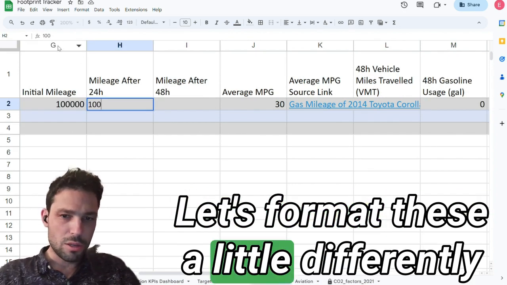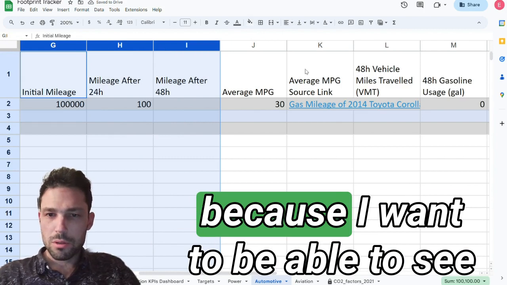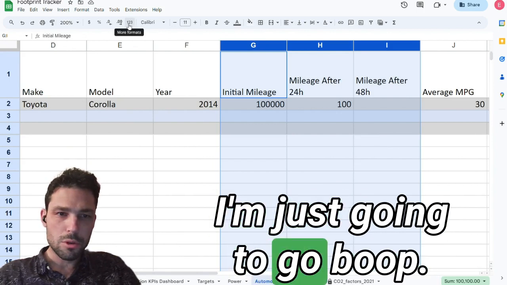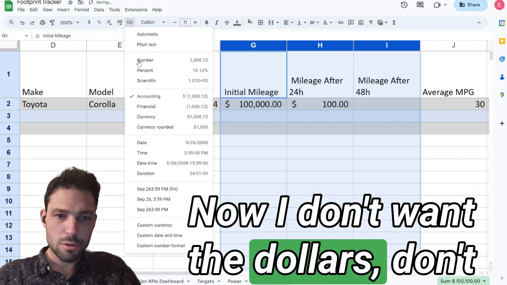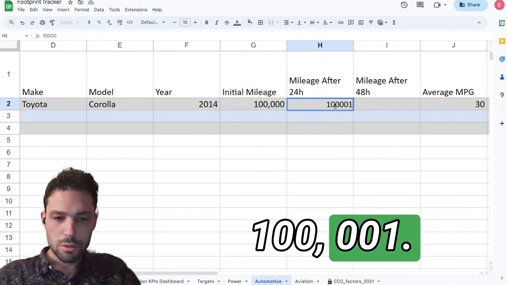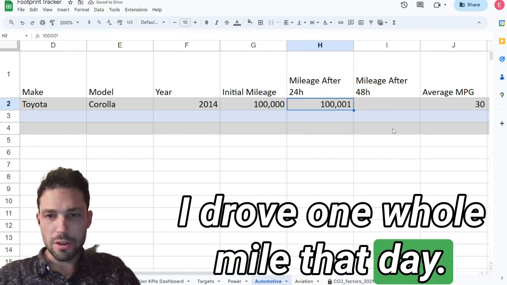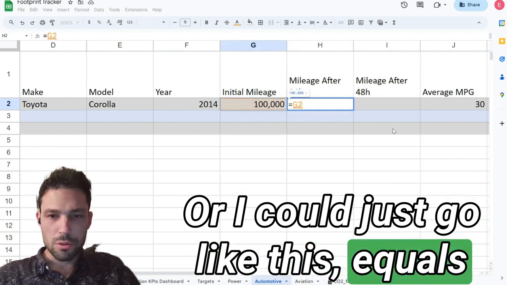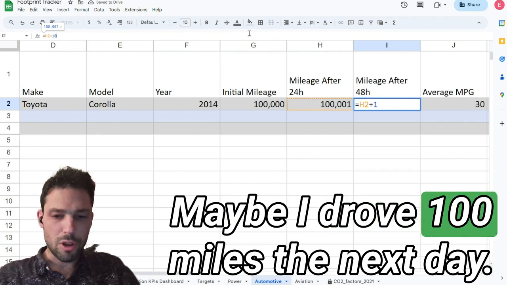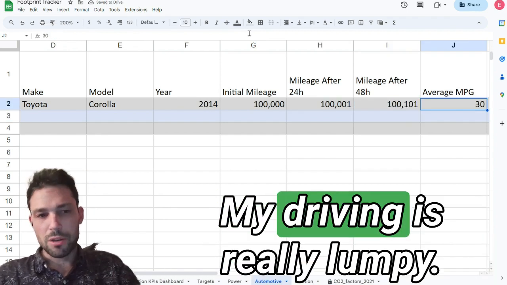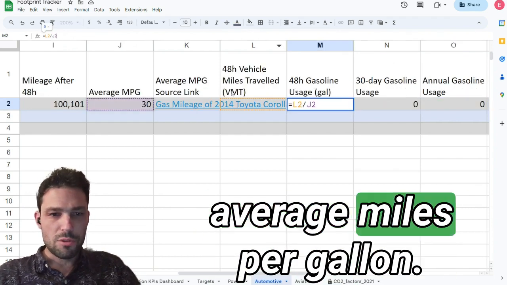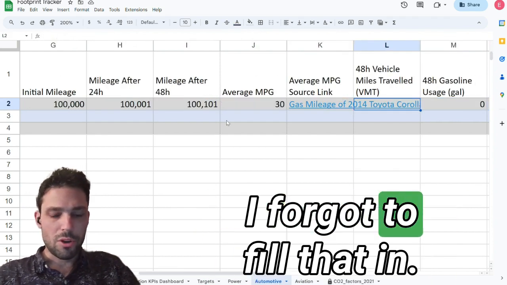Let's format these a little differently. I want to be able to see the commas. Those ones, I'm just going to do dollars point there. Now it's a little easier to see. 100, I drove 1 whole mile that day. Or I could just go like this, equals plus 1. I drove another mile the next day. Look at that. Maybe I drove 100 miles the next day. Look at that. My driving is really, and my average MPG, oh, I need to do, okay,